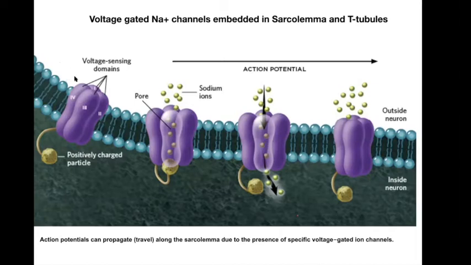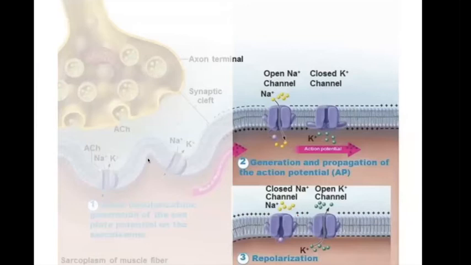That is, there'll be a little difference here in membrane for some reason, right? It's going to be sensed by this channel. It's going to open up. Sodium is going to flow in. That's going to create an electric change, which is going to open up this channel, which is going to allow sodium in, which is going to create an electric change, which is going to open up this one, right? So there'll be this propagating chain of events of these channels opening up down the length of the entire cell, right? That's called the action potential versus a membrane potential, right?